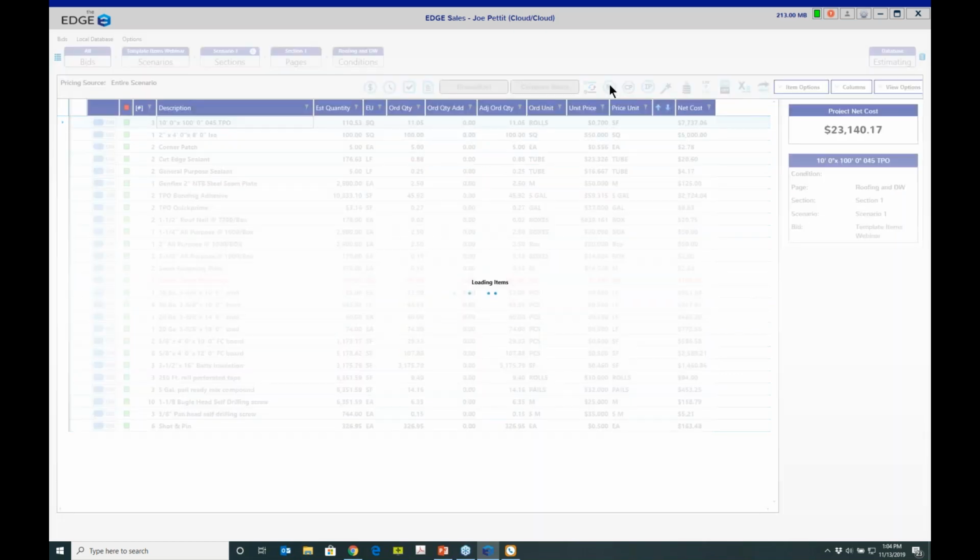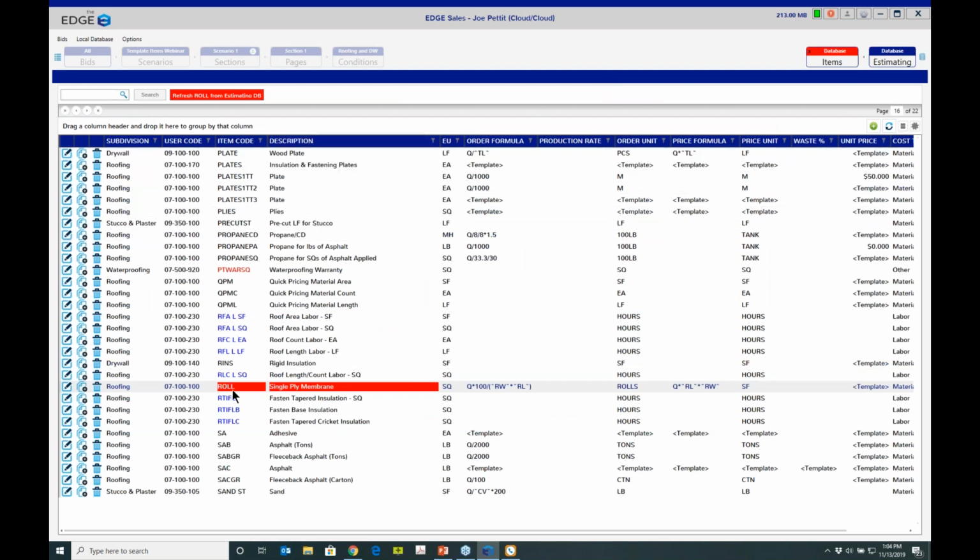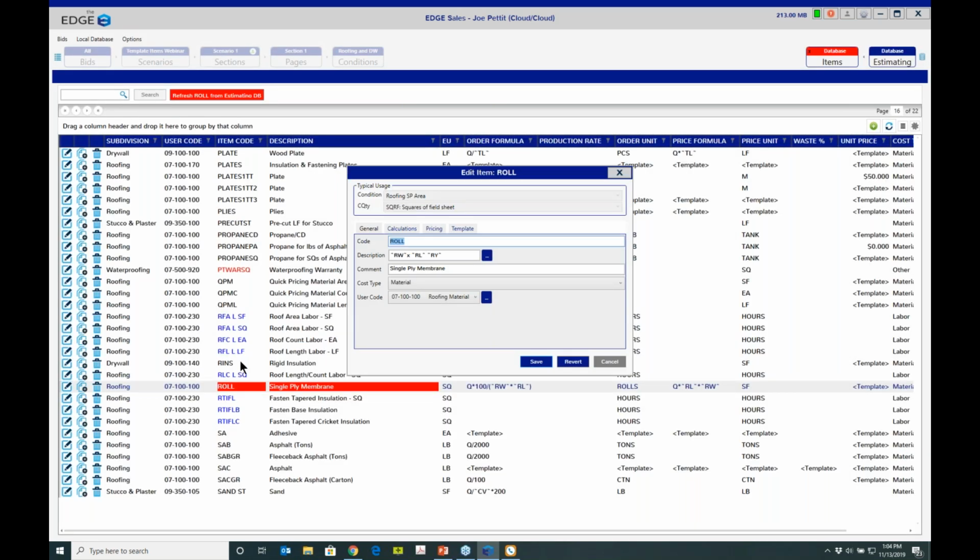When I hit that, it takes me out to the corresponding item in the item database. And you'll see that this takes me to the single ply membrane or the roll item. Now, what does that item really look like? It really looks like this. The single ply membrane is just a comment. If I didn't have that comment in there,